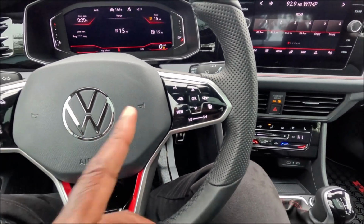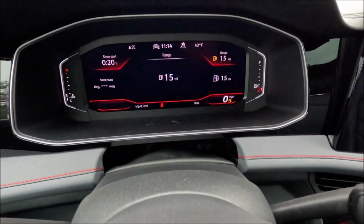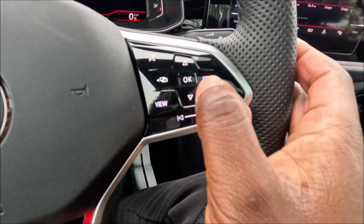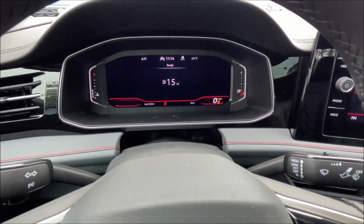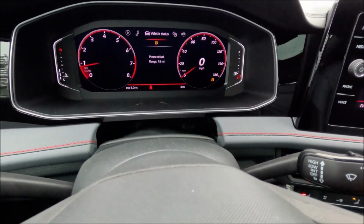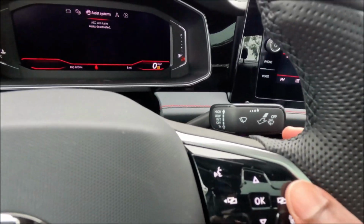But there's something else you need to talk about here when it comes to these controls, is controlling the digital instrumentation front and center. So I can do that with the view button, with the left and right button, and the up and down and OK button. So press view, you guys will see we're changing views around here when it comes to what we have in front of us. Now, I can also press view and then press left and go over. All right, so you guys can see that. I can press view again, go right,